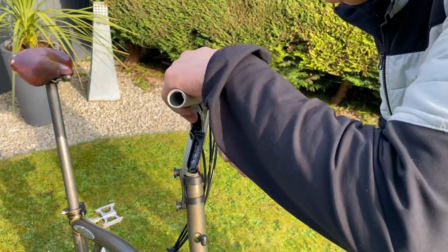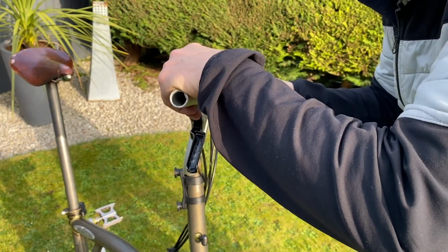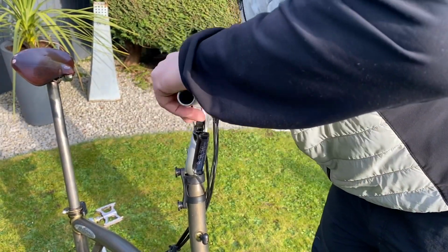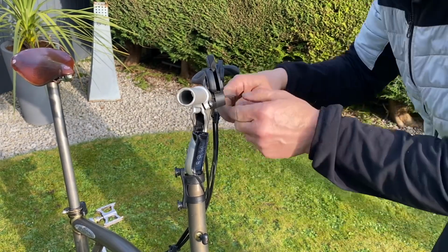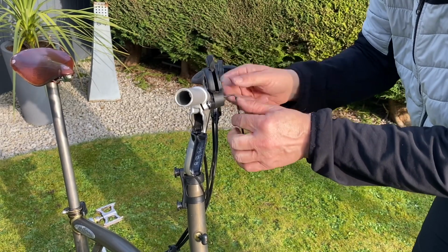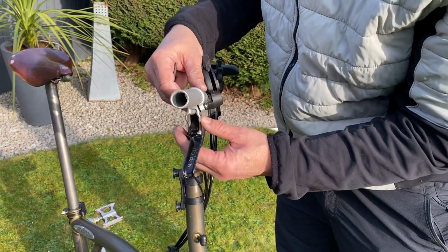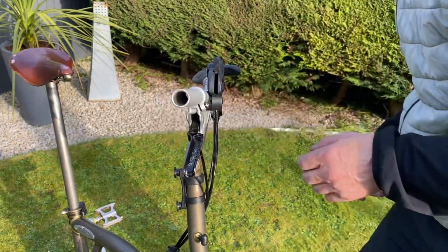Next is the brakes. Just loosen that. And also loosen the gears. We've got the old rabbit ear gear changer on this. If you've got a more up-to-date Brompton, a more modern one, then this is just one unit, but it's the same principle. Just loosen that unit,